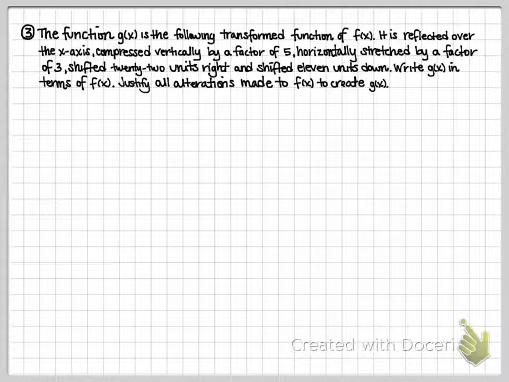Okay, our last example for the notes. It's still a transformation, it's just that now you have to create the function itself. In order to do this, you have to be comfortable with where the things are in the equation itself. So I'm just going to write down in general where things are located. So this would be my g of x function